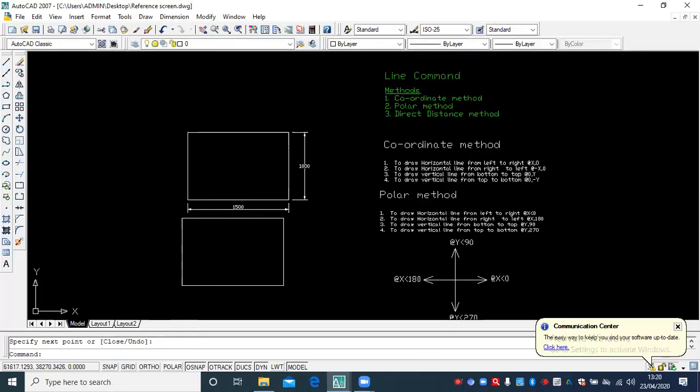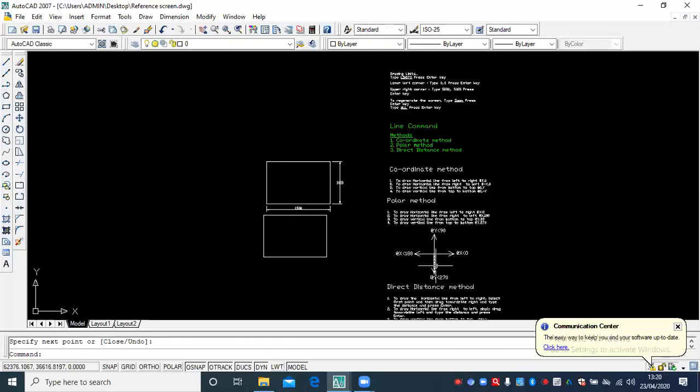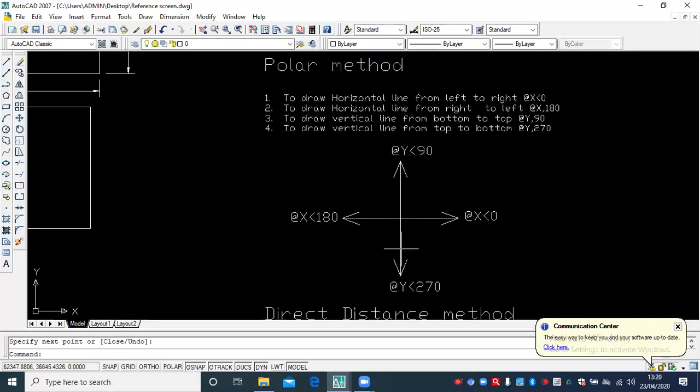Okay, the second method, to draw the line using polar method. What is polar method? Now look at this figure here. To draw using polar method, from left to right, @ x less than 0 degree, and reverse from right to left, @ x less than 180 degree.